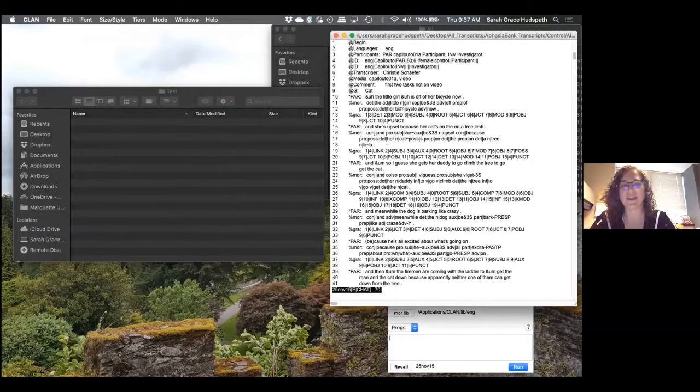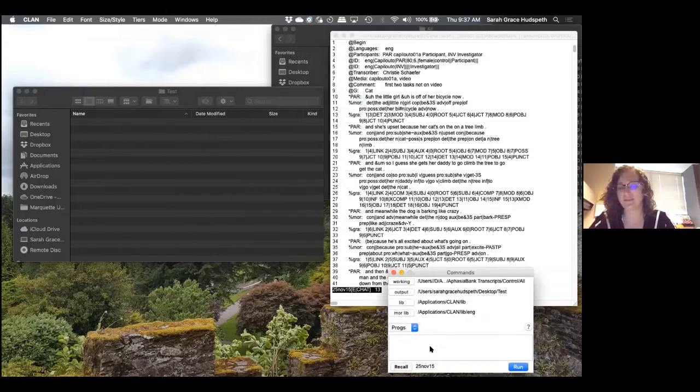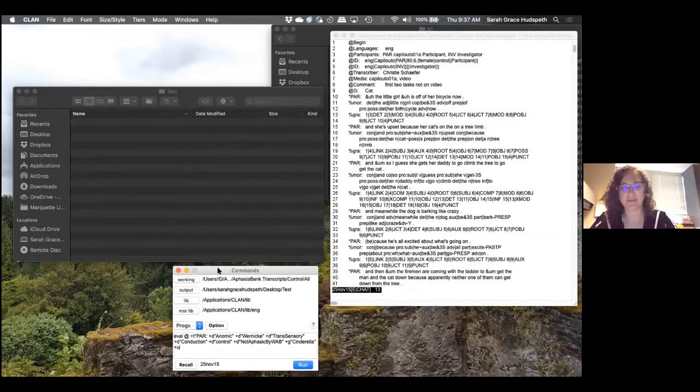In this demonstration, we're only going to pull out the participant line. So we'll lose the %mor and the %gra lines, but you can keep those in if you want. So using our command window,